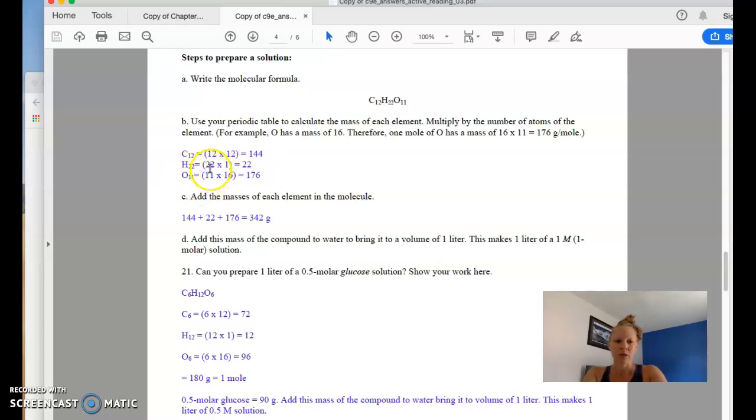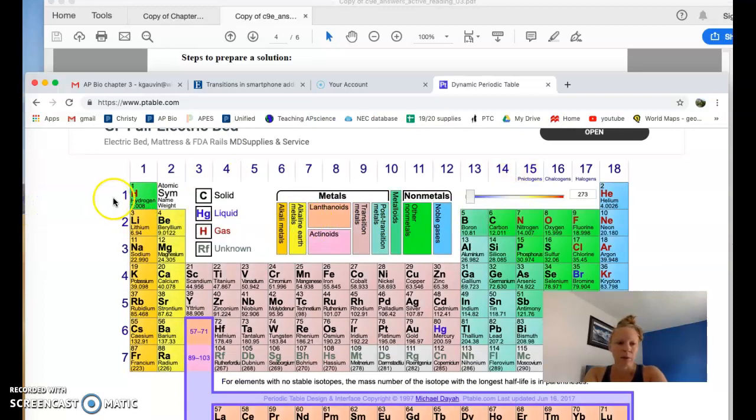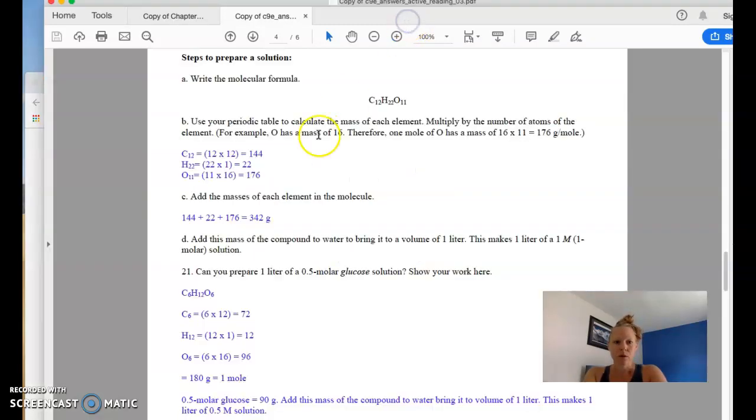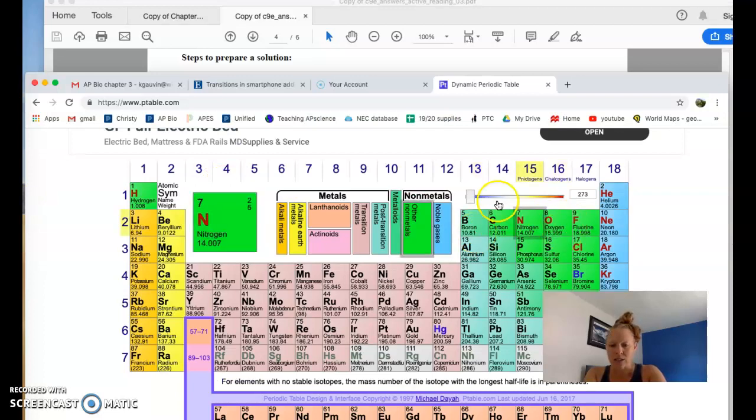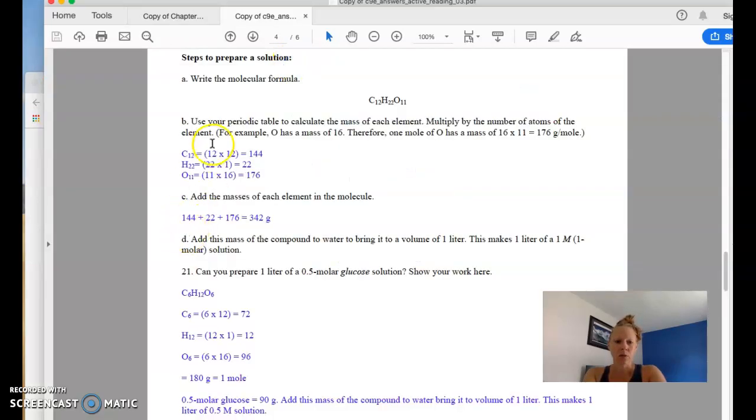So hydrogen, we have in this molecule, C12H22O11, there's 22 hydrogens. If we go back to our periodic table, the atomic mass is 1 AMU. You can see that right here. And oxygen, there's 11 oxygens, and the atomic mass of oxygen is 16. So we multiply 11 times 16 atomic mass units to get 176